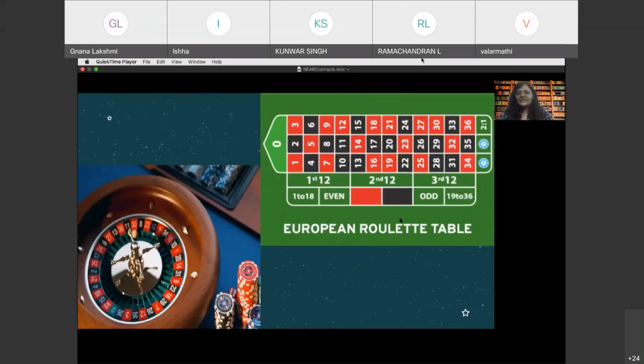If you see the even or the odd, the user can bet X amount of money either on the even or the odd. The roulette machine spins and the ball randomly lands on one of the numbers. So we are going to replicate the even-odd betting game in the form of a small smart contract.